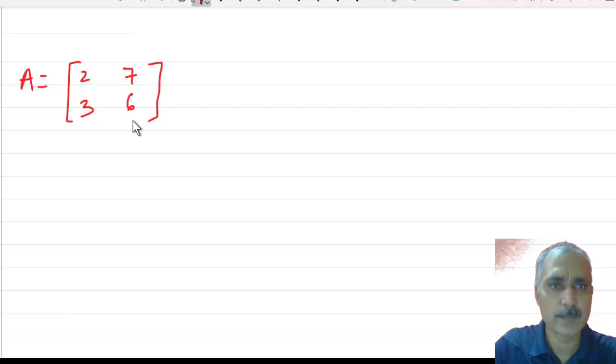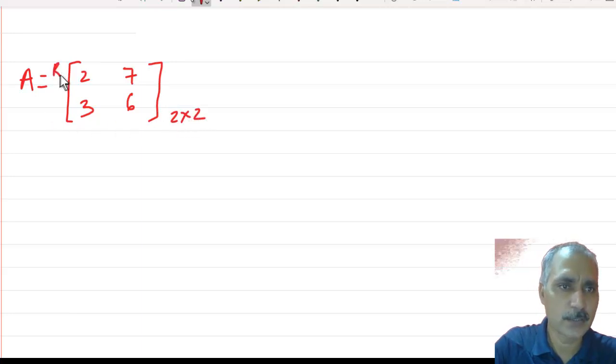Matrix A, that is 2, 7, 3, 6. Now this is a 2 by 2 matrix. This is row 1, R1, this is row number 2, this one is column number 1, this is column number 2. Minor,